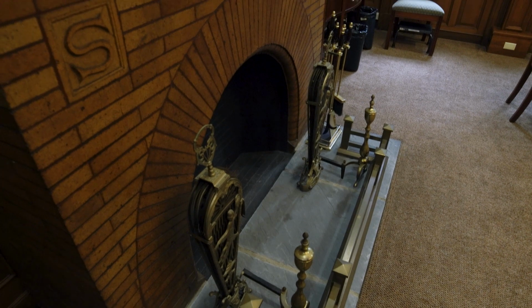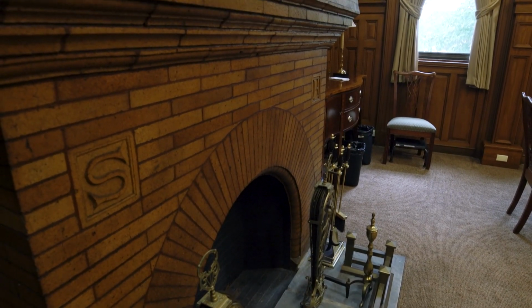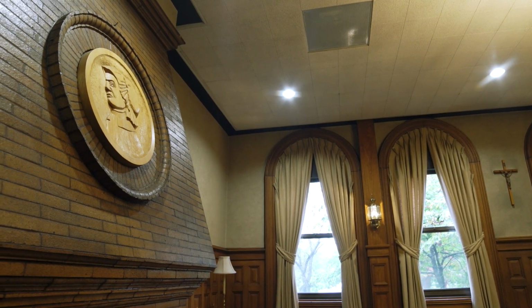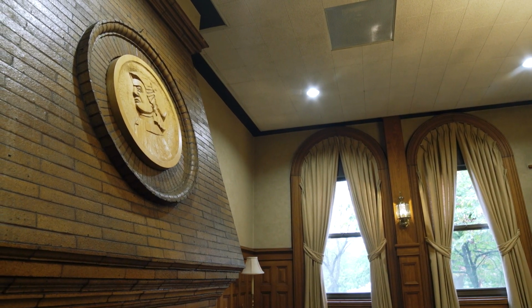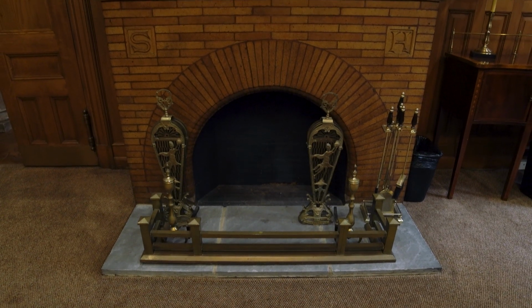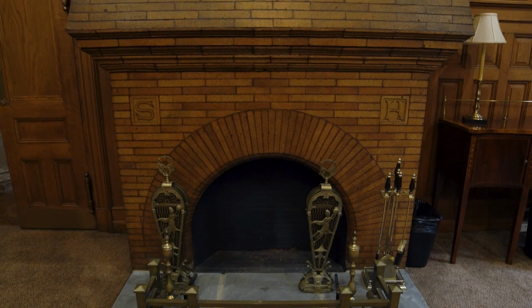And the interesting parts about this fireplace in particular that make it unique to Seton Hall, of course, is the middle round bust or cameo of Mother Seton, whose influence has been here since the earliest days going forward. And with Mother Seton, if you look closely at the fireplace, you'll notice the initials SH, of course, Seton Hall. So they wanted to make an identifier within the fireplace, but also they put the stamp of